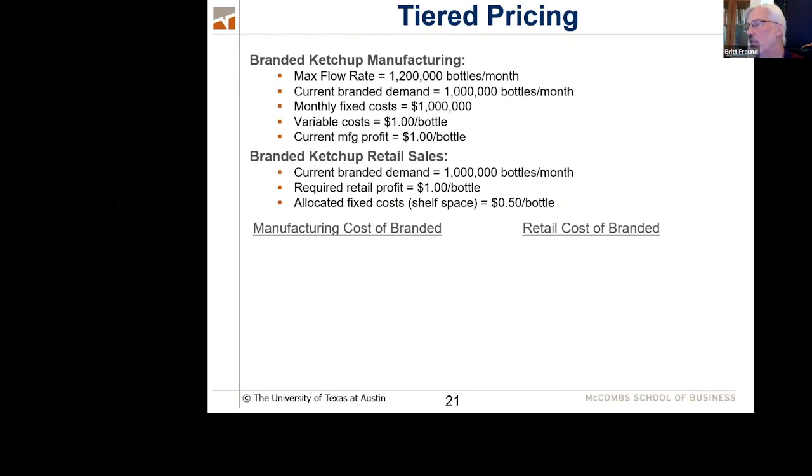Now, the truth is that H-E-B doesn't have a ketchup factory somewhere. H-E-B is purchasing that ketchup as incremental volume from some third-party manufacturer, perhaps even Hunt's, okay? And my job now is to walk through the idea of how this works, how it's related to incremental fixed cost, how it's related to cannibalization and all of the other things. That's what I want to do.